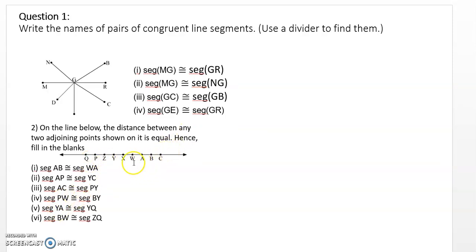Next it is BW. Now from B to W, how many points are there? 2 points are there. So you can write it as AC also, because BW, how many? 1 and 2. If you take from A, it will be AC. If you want to take from A, it can be AX also. So here it is written as ZQ, because Z is not used anywhere, so it is taken as Z. So ZQ, because after Z what is coming here? P, then Q. So that is the second point. So ZQ. So you can copy the answers from the slide.